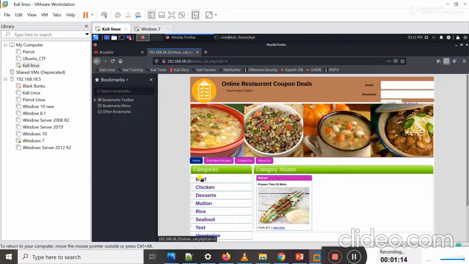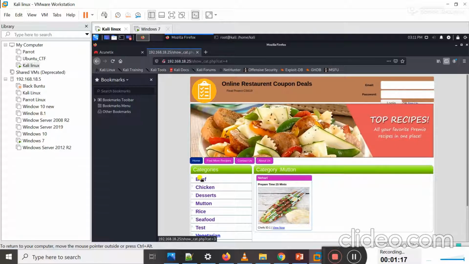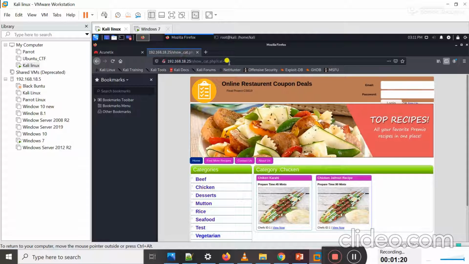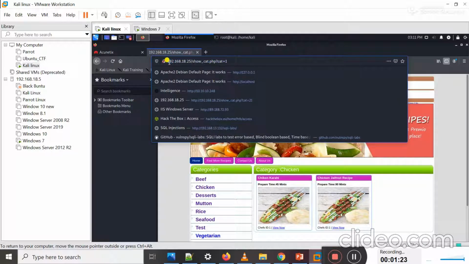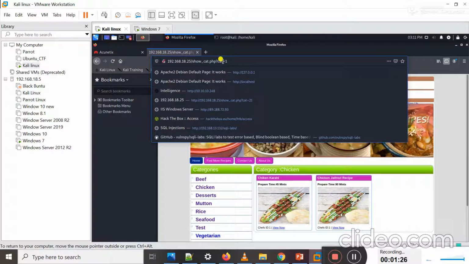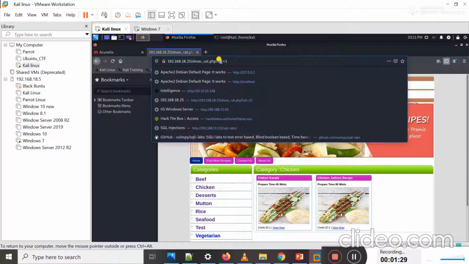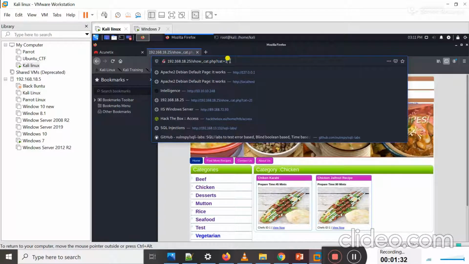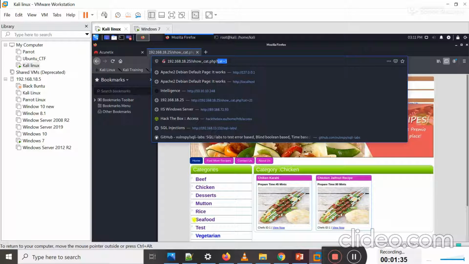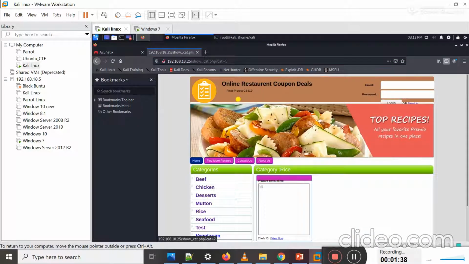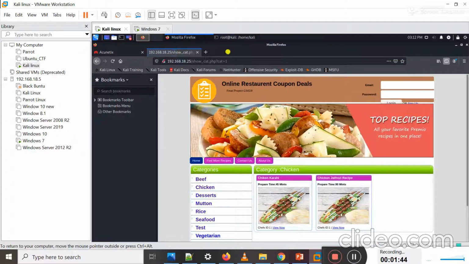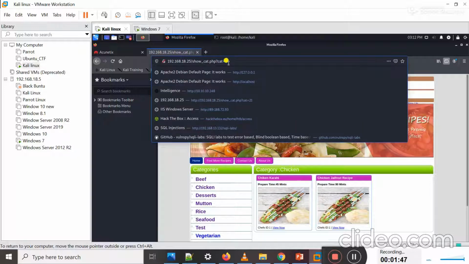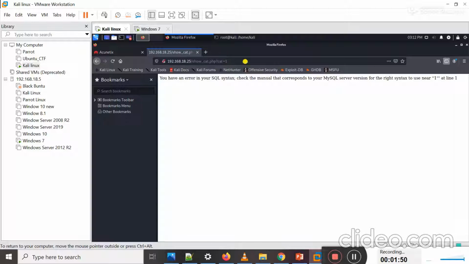First of all, I will show you how you can actually check the SQL injection vulnerability. You can see on the URL, first of all you should check if any parameter is passed here or not. Right now a parameter is present here. You can see the parameter is category and the value passed to this parameter is 1. When I click on any food category, you can see the value of category is changed. When I click on this category, you can see the value of the parameter is changed. Now if I put a single quote here and hit enter, you can see an error occurs. It means this web application is vulnerable to SQL injection.